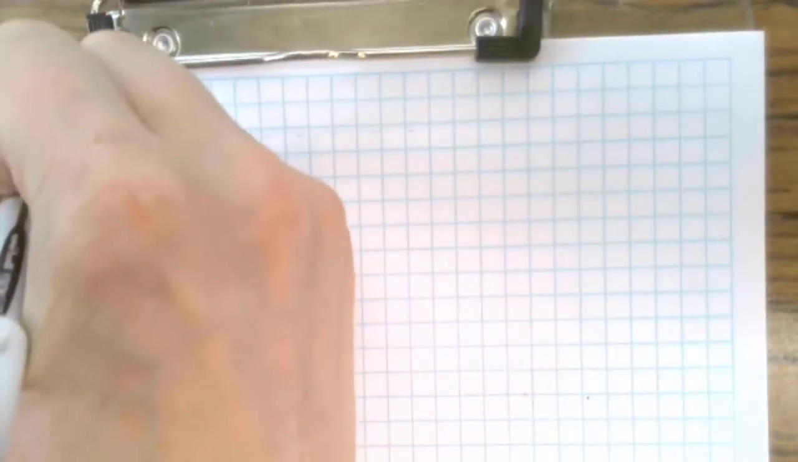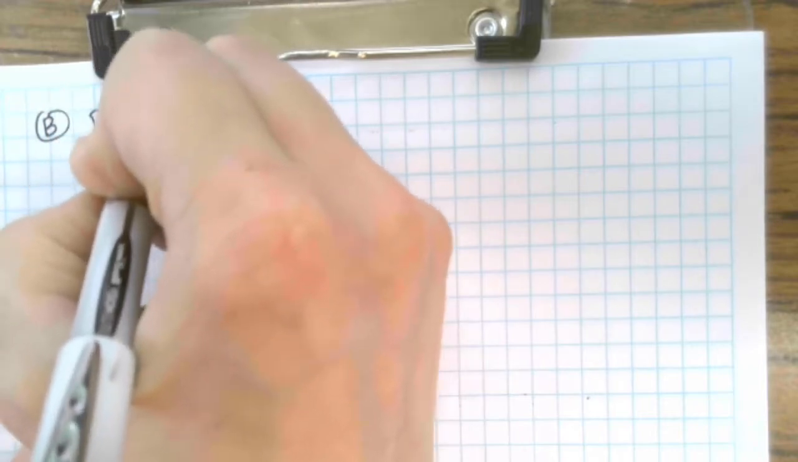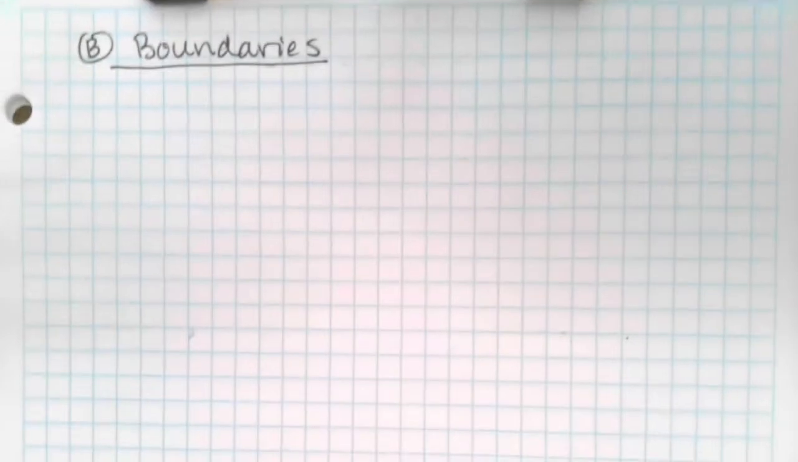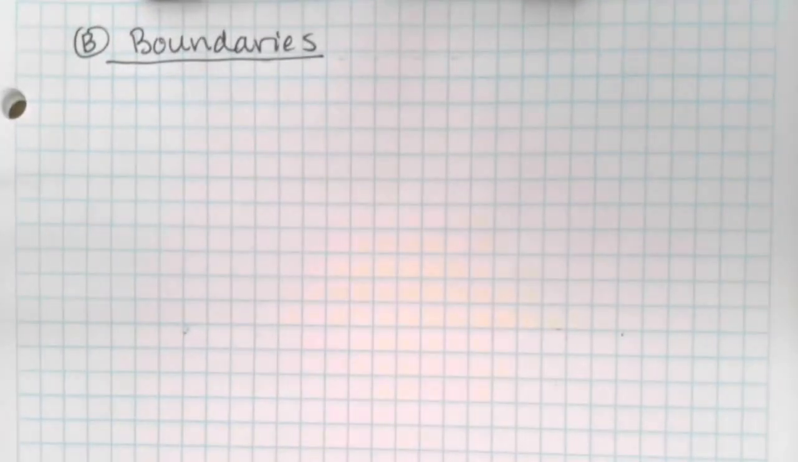So part B, boundaries. Now there are different ways to describe different types of intervals. Like always, we need a math language so that we can communicate what we see. I'm going to give you 5 different types of bounded intervals, and we're going to describe them. So here we go. Number 1,